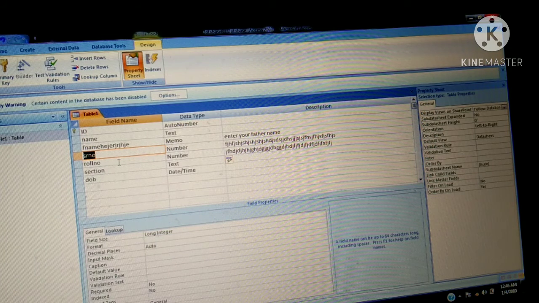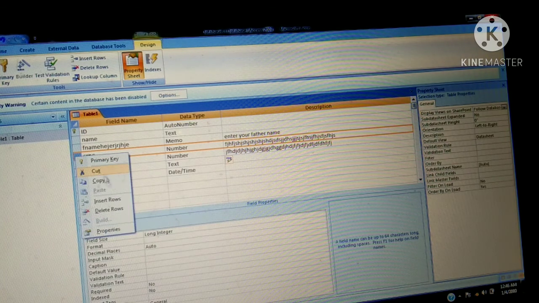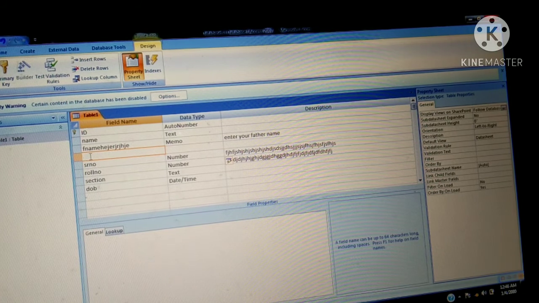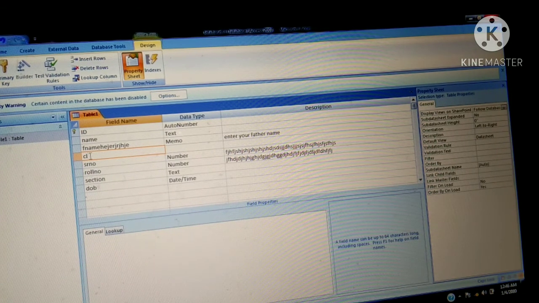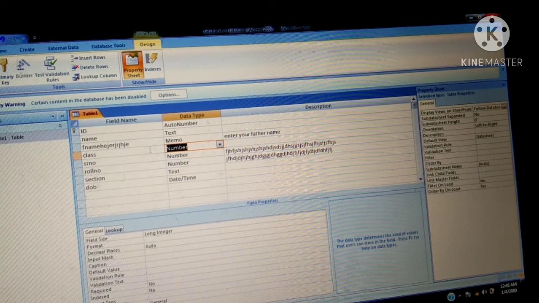Okay. Second method, to insert any row and delete any row in the design view. So first you have to select and then right click, and then here is the option insert row. आ गया ना? Then select it. Now you will insert your field name. I am writing here class. Okay, by default data type is text. Now I want to change it, then select number data type, and now you will check that your new field will be inserted. If you want to delete any field, then select that particular field.